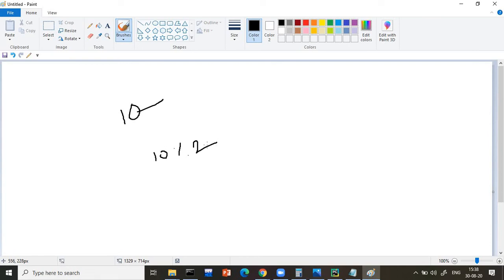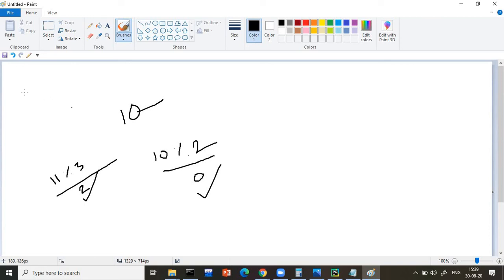What is the meaning of remainder? 2 5s are 10. 10 minus 10 is 0. Nothing but remainder 0 we will get. Suppose I wrote here 11 modulus 3. What is the remainder of 11 modulus 3, guys? 3 3s are 9. So what is the left part? 2. So this is called the remainder 2. This is called the remainder 0.